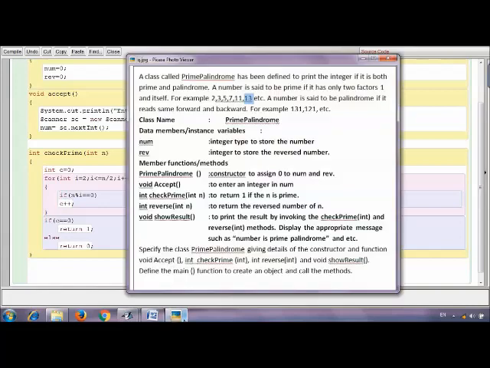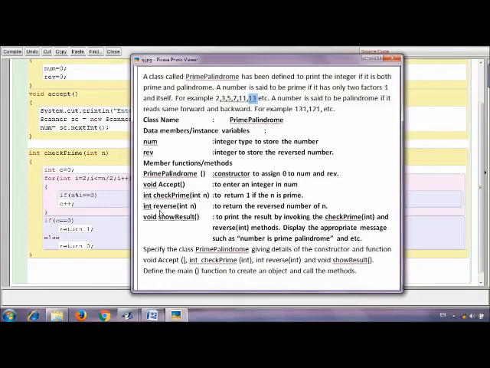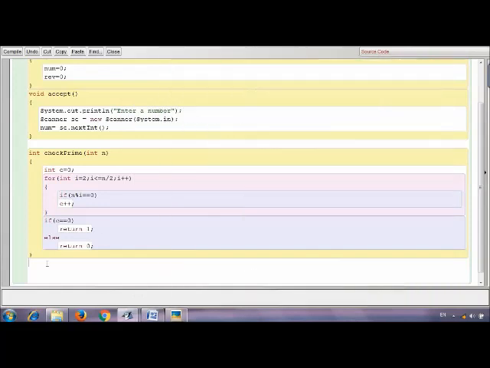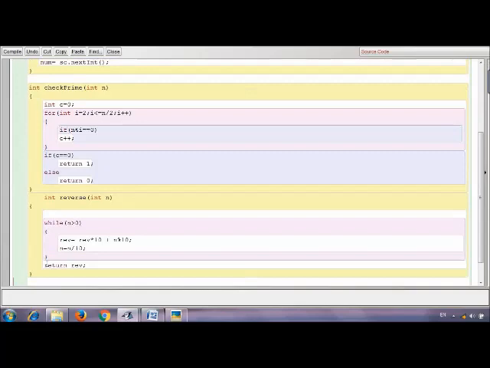Now we have the next function, that is reverse. Here you can see that we created the reverse function.